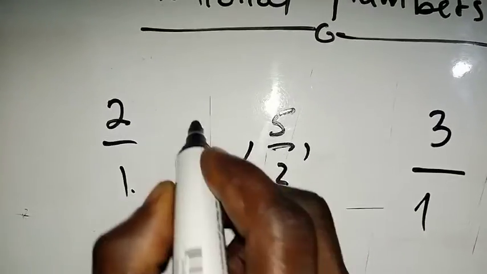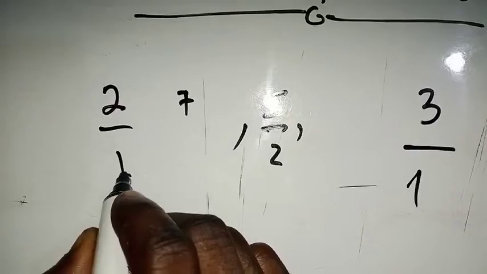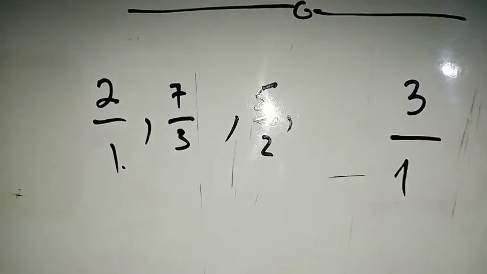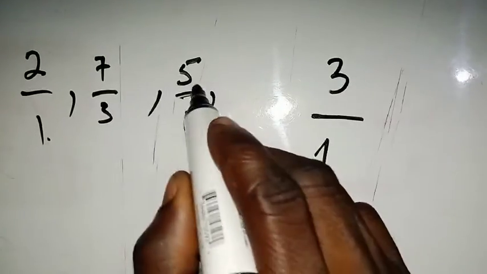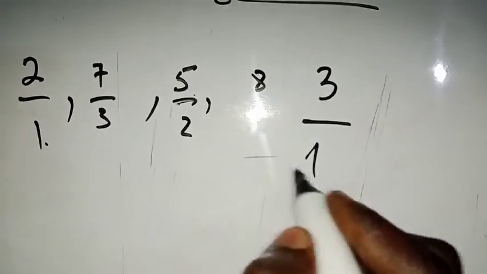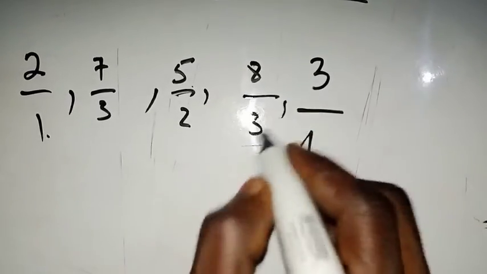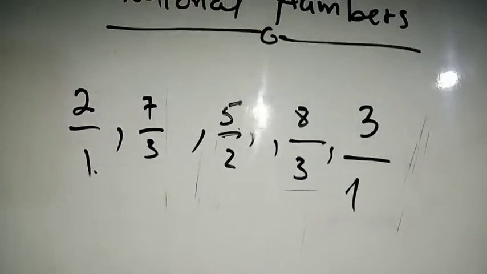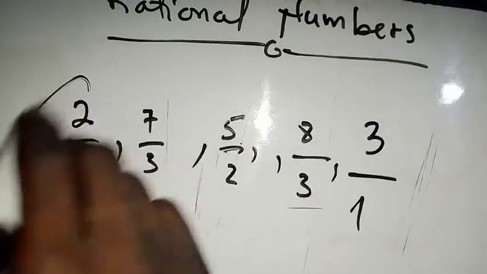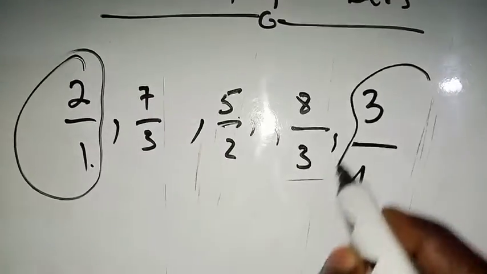So this one plus this one gives me 7, and then down, this plus this will be 3, right? So that is another rational number. So what about this one? This plus this should be 8, and then this plus this one down here should be 3, another rational. So these are the finite number of rational numbers we can get in between these two given rational